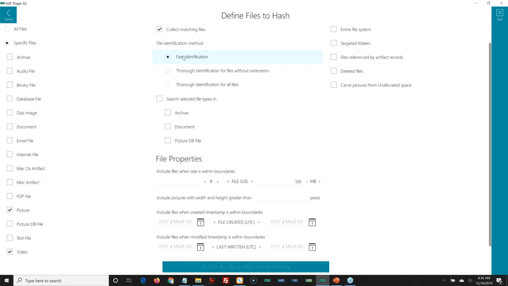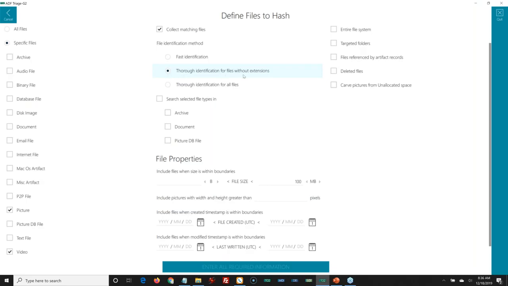So it's going to look for JPEGs, MP4s, GIFs, bitmaps, MP3s, whatever type of video, FLV, whatever you're looking for, it will look just for that. But then we give you this, and it's still fast. It's called thorough identification for files without extensions. It does a fast identification, looking at the file extensions. When it comes across a file that does not have a file extension, it identifies it by the file header.